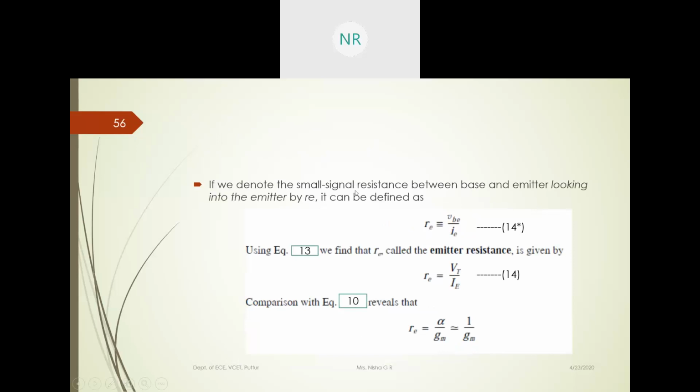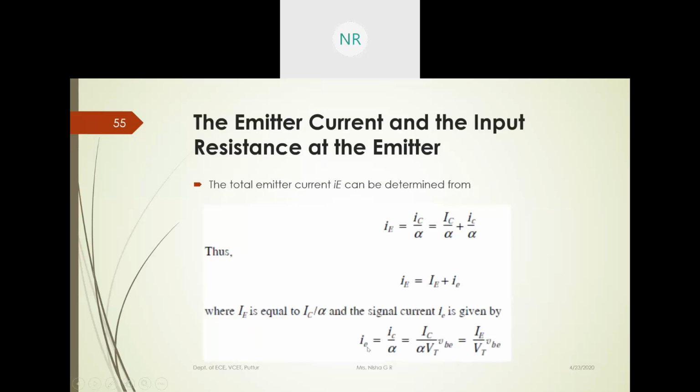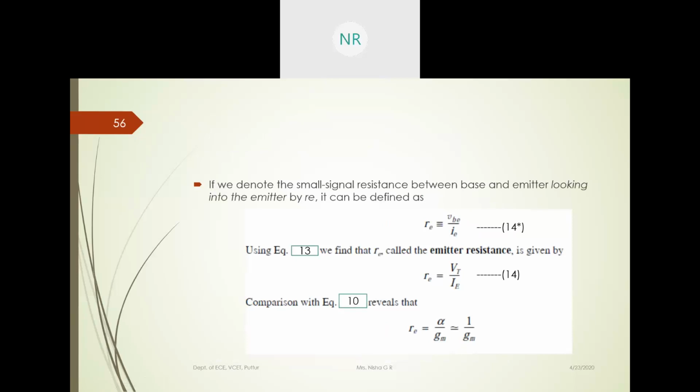Okay, so now we denote this as the expression for IE, the instantaneous current. Next, we need to calculate the input resistance, denoted as RE here, because we are seeing this from the emitter terminal point of view. So it is RE, where E represents emitter. Similar to R pi, what expression have we got? VBE divided by IB. Here, with respect to the emitter terminal, this should be IE. That is the only difference.